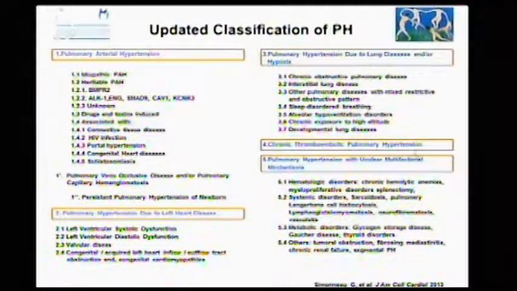Another very simple condition is chronic respiratory failure with hypoxia. In those circumstances, you have very low oxygen tension in the blood, and you have vasoconstriction of the pulmonary arteries, and this may lead to chronic pulmonary hypertension. Pulmonary hypertension due to left heart disease is post-capillary and very common, and it has a different management and a different pathomechanism. And group 1 PH is extremely important because